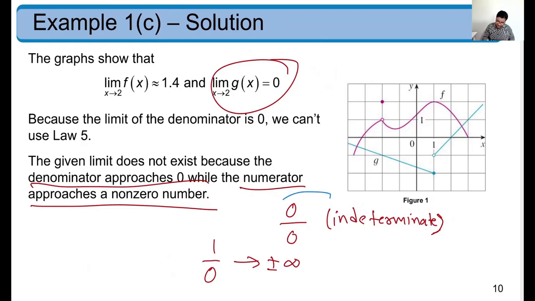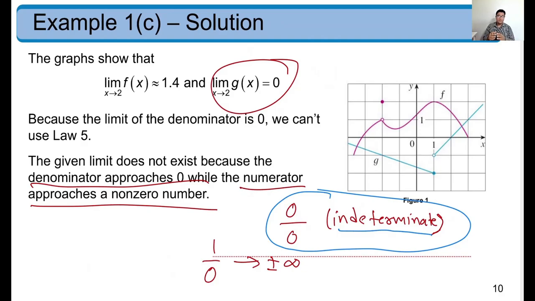But 0 divided by 0 is indeterminate. That is a different category. So it's not large, it's not small, it's not positive, it's not negative. We don't know anything about it. That's indeterminate. Okay. And usually what happens is, in such cases, not usually, sometimes what can happen is you rewrite